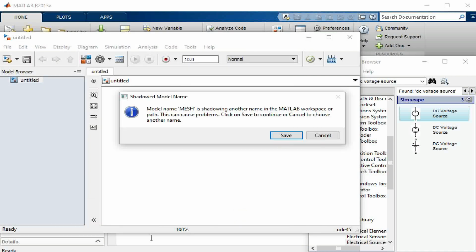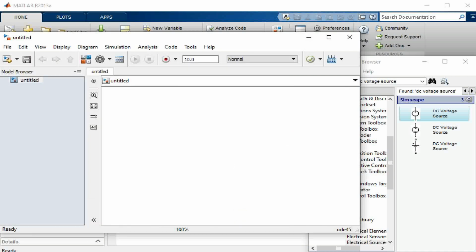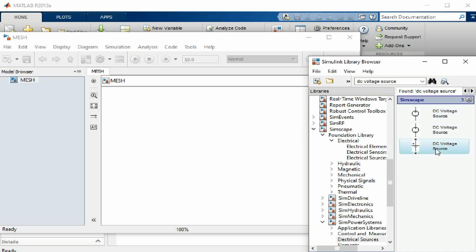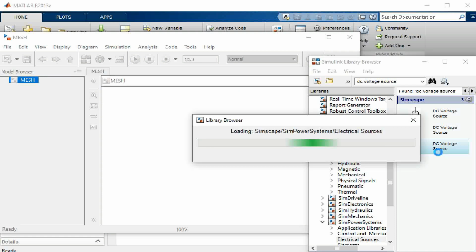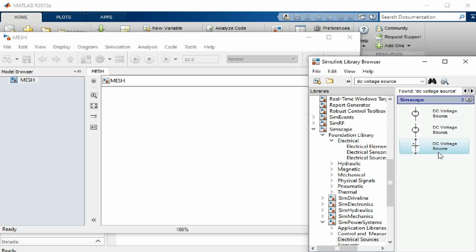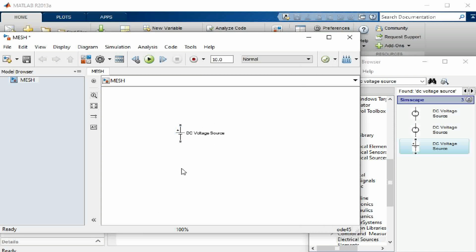Save. Here we have a voltage source. Just right click and click on add to mesh. Automatically the DC voltage source is added to your workspace. Here it is added.